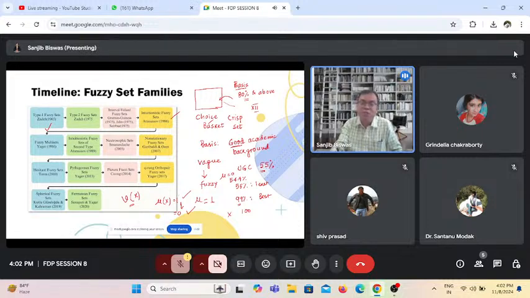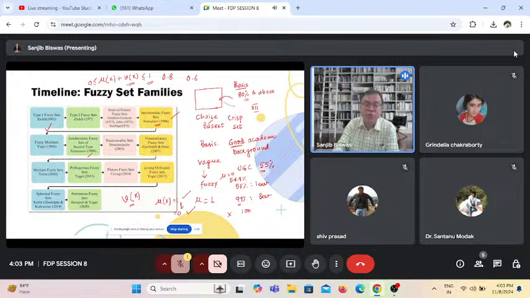So Atanasov proposed intuitionistic fuzzy sets with a condition that mu x plus v x is less than or equal to 1. That condition is greater than or equal to 0 and less than or equal to 1. Now, in many cases, it is possible that the mu x plus v x inequality doesn't hold good. For example, if I set 0.8, an 80% chance of membership, but at the same time there is a 60% chance of non-membership also. So in that case, this inequality doesn't hold good.